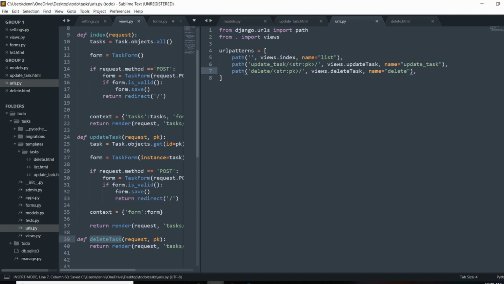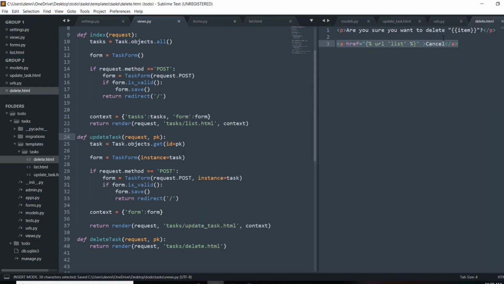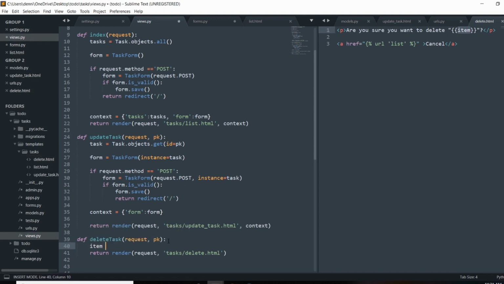Okay, so delete, we pass in the ID to the view, and let's actually pass in the item, because in the template we're looking for that item, and it's going to give us an error if we don't pass it in right now. So we'll just do item equals Task.objects.get, and then that ID that we passed in, so primary key from here, and we'll render that out. I called it item here, so that's how we have to pass it into the view. So we'll just do item, and that's going to be this item that we just got,